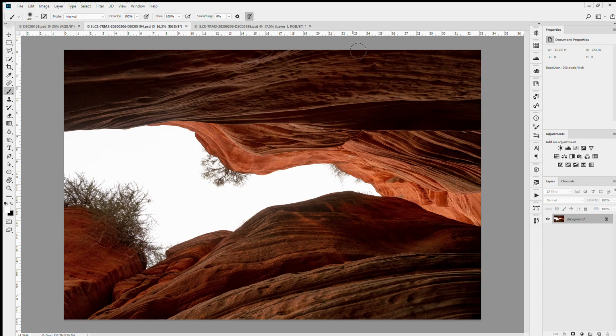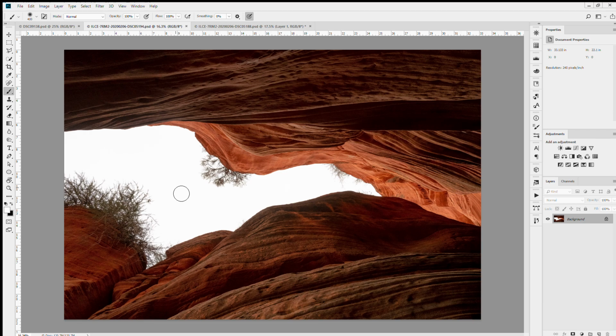Hi, this is Craig Stocks, and in this video we're going to explore some techniques you can use when you're doing a sky replacement in Photoshop. So this is particularly targeted at Photoshop users and in particular situations where you might want to drop a different